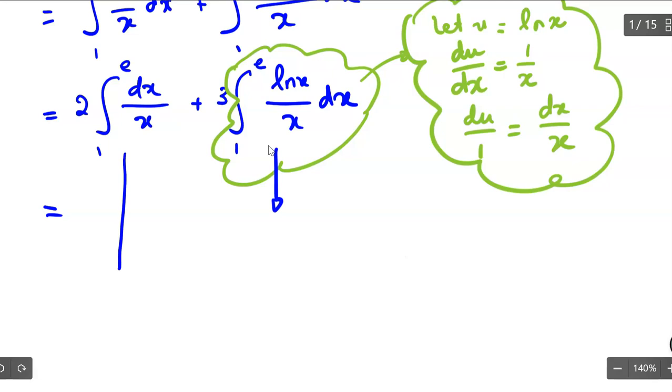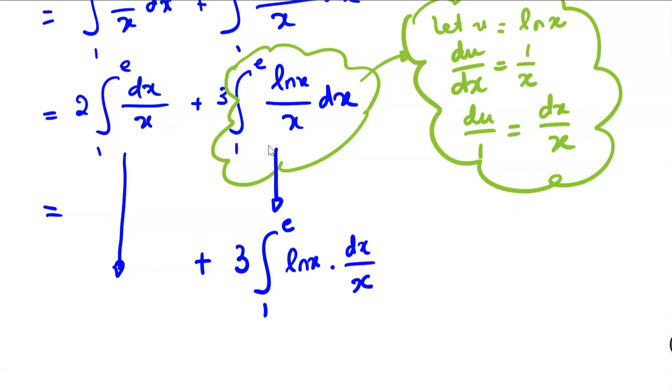so I will do this in a minute. So 3, the integral from 1 to e, and in this part you are writing ln of x. So let me rewrite this so it's clear for everyone. I will write ln of x times dx over x, right? So it's the same thing as you write ln x divided by x multiplied by dx. So it's the same thing as ln x times dx over x. So your dx over x,